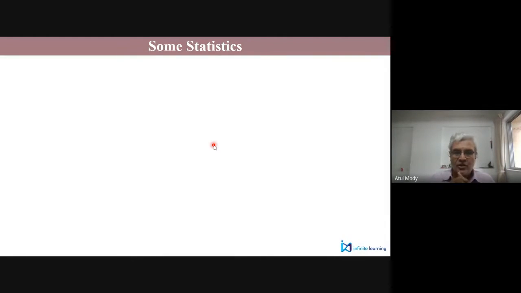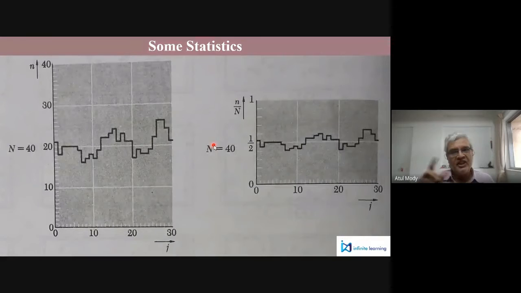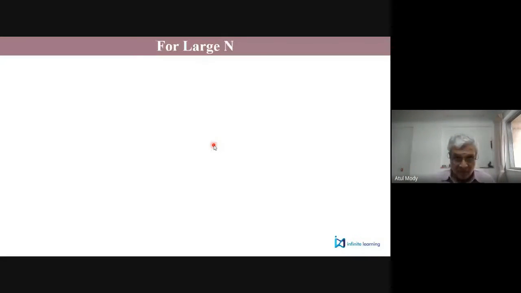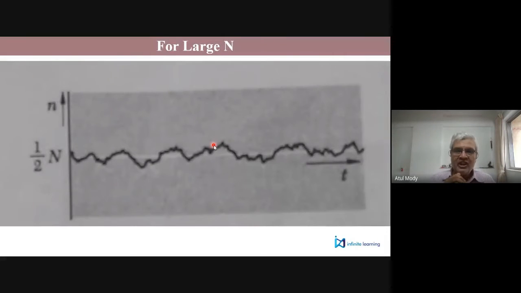Now, if you have 40 molecules, you can see that the fraction, which was readily jumping to 1 in the case of 4, is not going to 1. It just keeps on oscillating around half. So when you go for a very large number of molecules, the probability of having almost all of them on one half, or just 1 or 2 on one half, is very, very small. So if you have a very large n, that's the kind of situation.